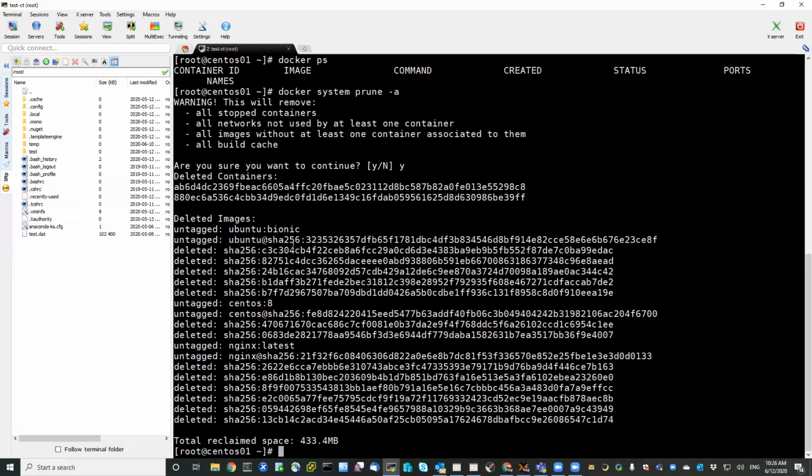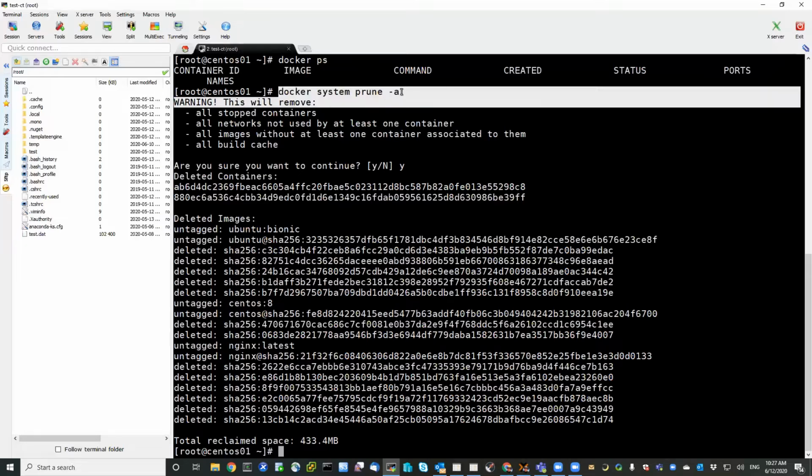As you create images, it creates layers. This is the overlay file system for those images on your local machine, and those take up space over time. So periodically, if you're getting low on disk space and you have a bunch of containers that are defunct or not running anymore, you can clean those up by just doing a Docker system prune -a, and that -a